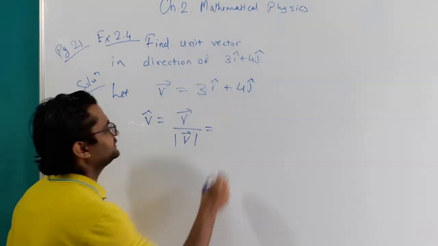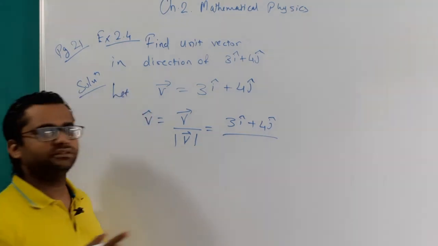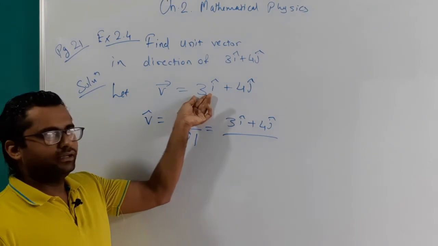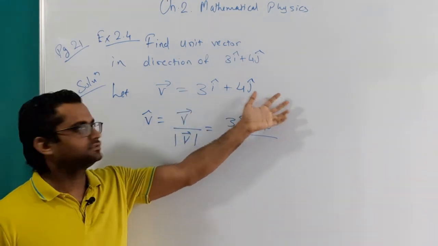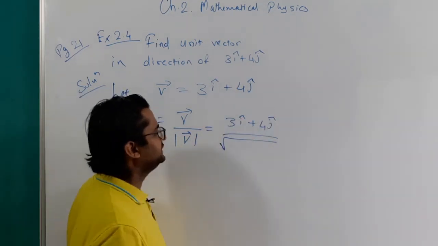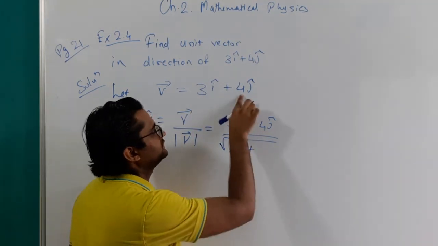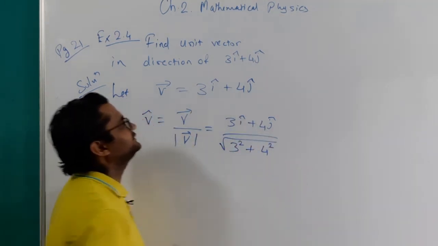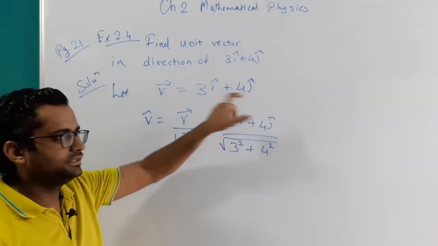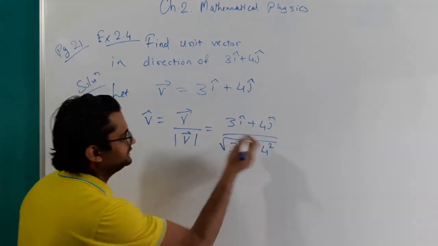We know the vector, it is given here, 3i cap plus 4j cap, and from resolution of vector we know that the magnitude of any vector is under root of rx square plus ry square plus rz square. These are xyz components. Since there is no z component here, we can write 3 square under root of x component square plus y component square. The 3i cap is called the x component, the 4j cap is called the y component. If there is a z component, it would be something k cap.